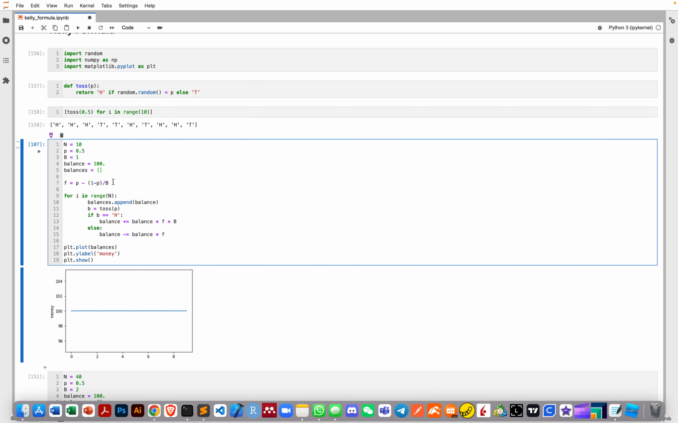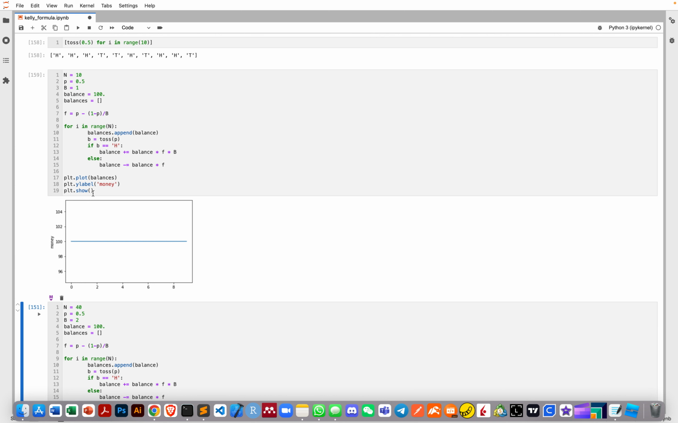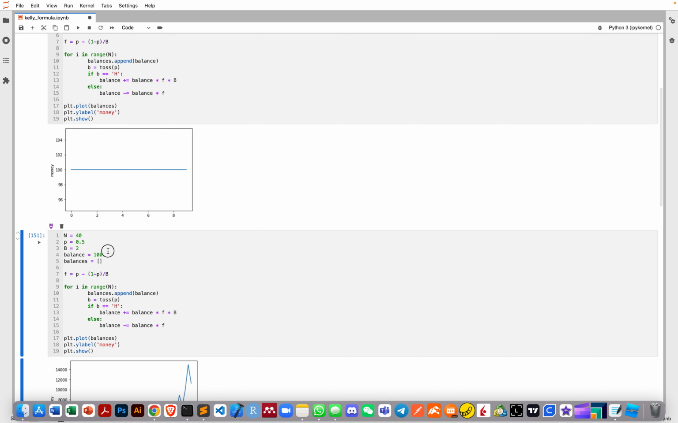So let's try a bet of 1 and the probability of winning is 0.5, and we try 10 times. According to the Kelly formula, the F is 0. So let's try the simulation. Indeed, according to the Kelly formula, we should not bet at all, so our balance is always 100. But let's say if the bet is 2